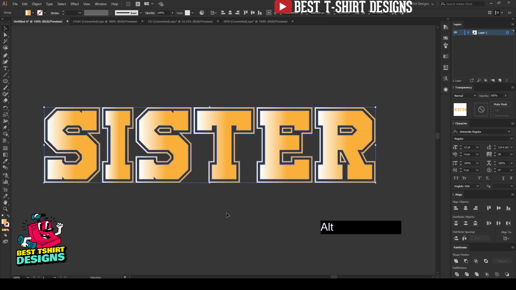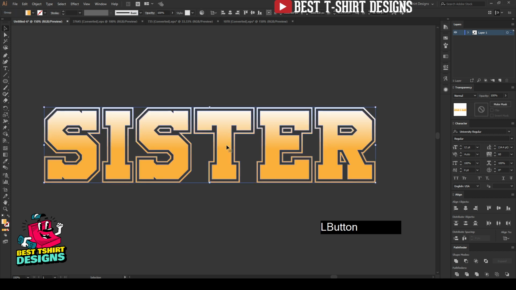So I'm going to select them. You have to select them first, then take the gradient tool here. You can press G for the gradient tool, and with the gradient tool selected, I press Shift, then drag from one top to another. This is going to look like this. This is basically applying the same effect on all the groups all together. Otherwise it will apply to each and every separate object, but in this way it is going to apply to all the text, all the groups together.